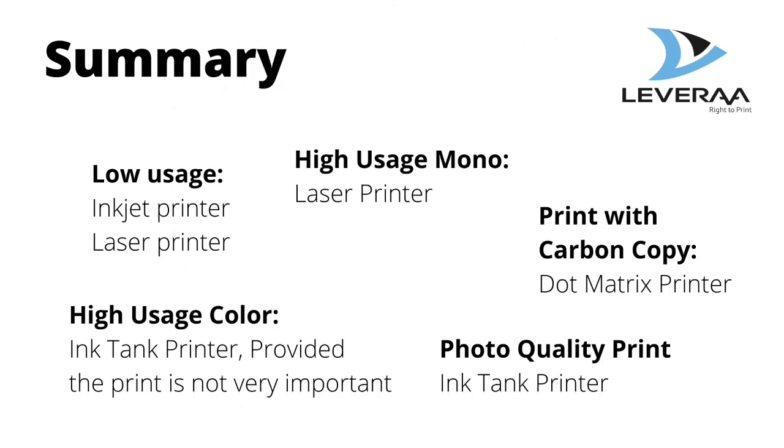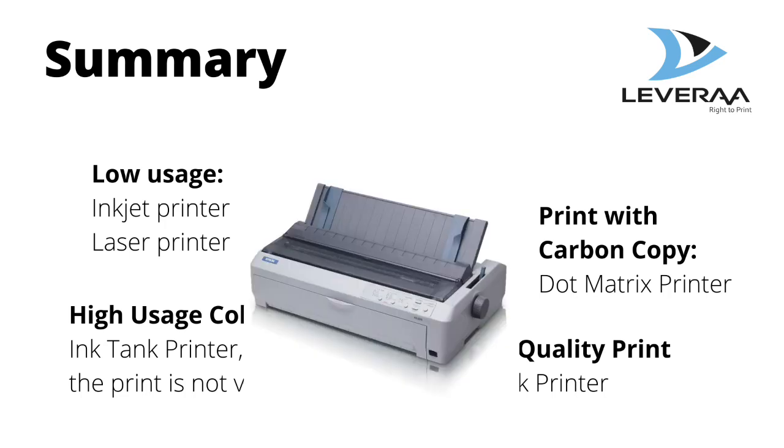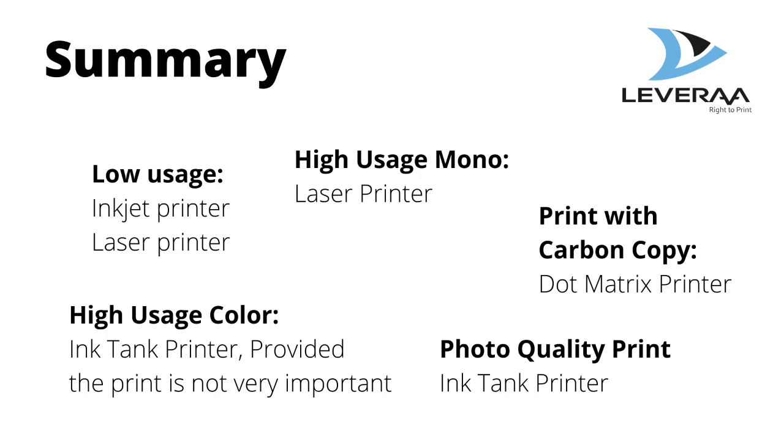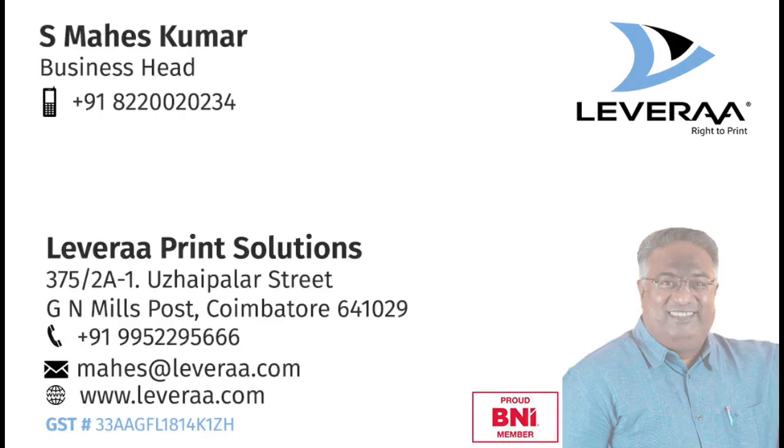In case of a printer that has to print on carbon sheet stationery, the one and only option is a dot matrix printer. It is available with 9 and 24 pin options. 24 pin printers deliver excellent clarity and sharp prints, while 9 pin printers can deliver acceptable and readable quality prints.